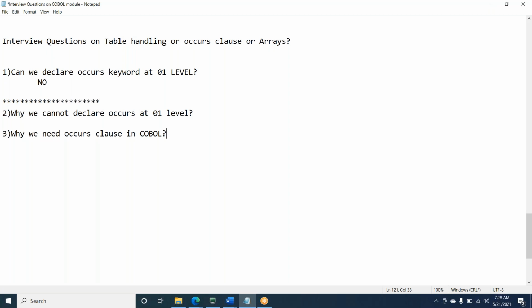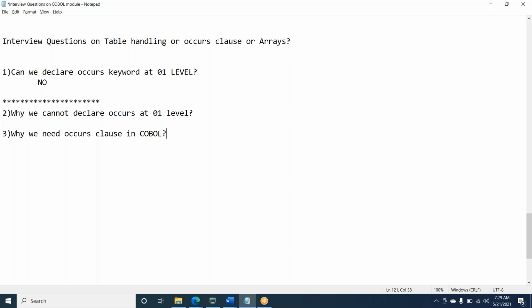It is easy to declare a data item a number of times to build a table. Raju, go ahead. When I have to store a number of values which belong to the same data type and length, we'll go with OCCURS. Correct. So basically OCCURS or arrays we use to store similar type of data instead of declaring the same variable, same data type, multiple times.